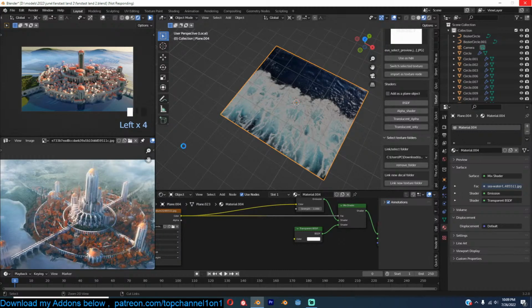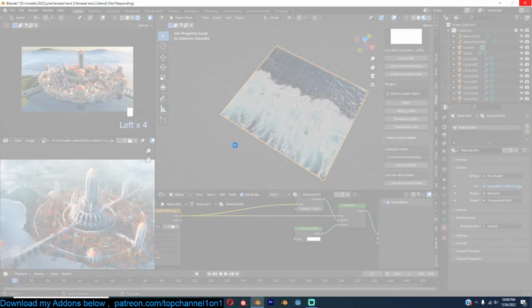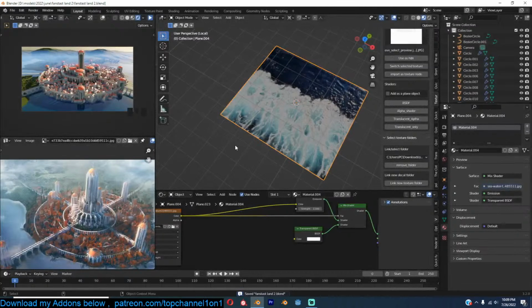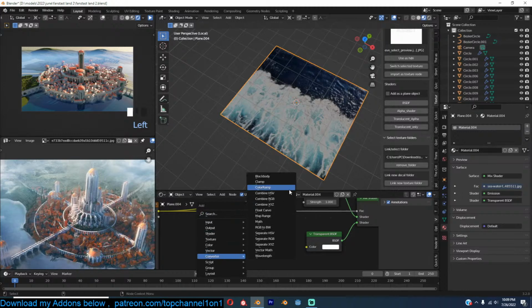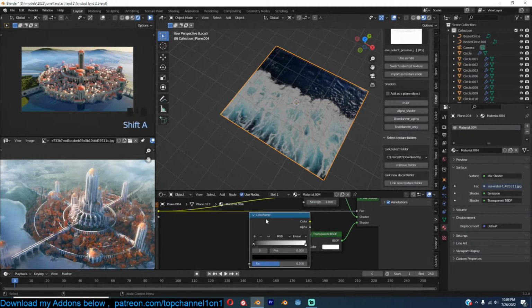Where will you add it? At the water foam? Okay, why is Blender crashing? Trying to crash. Okay. The water foam is just going to be on the edges of this. I want to use a control. Okay, so